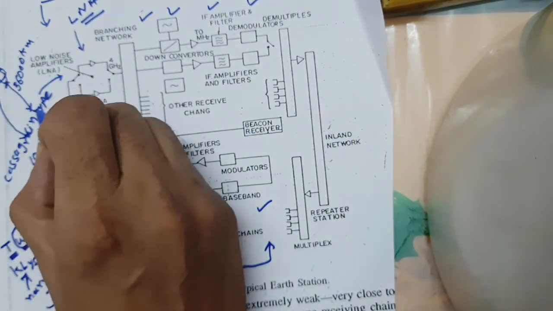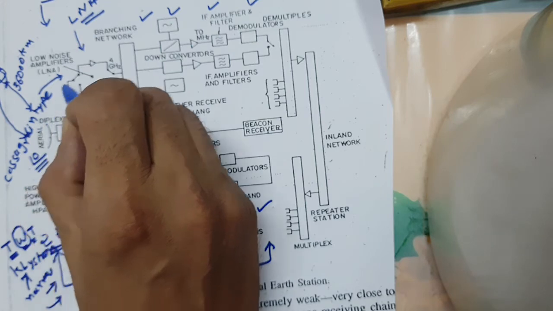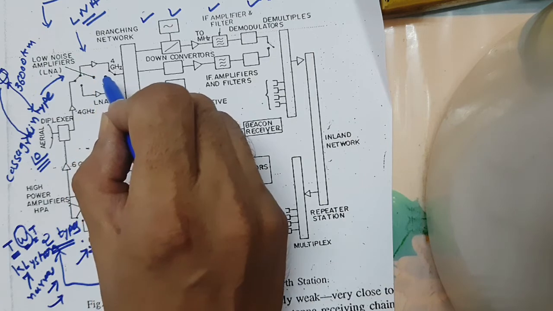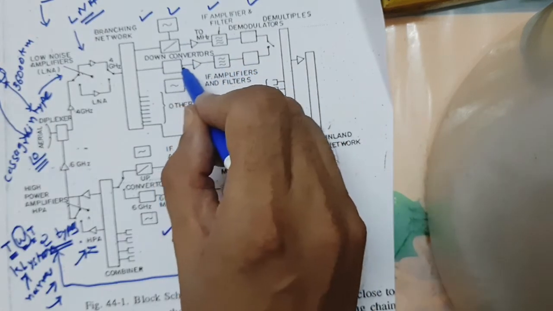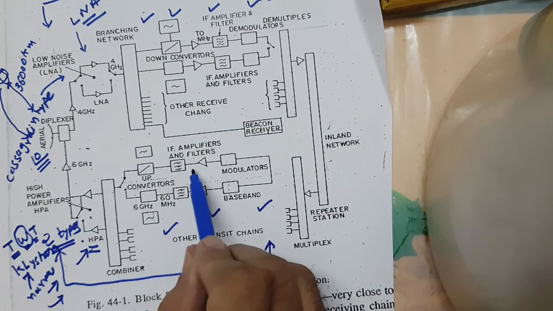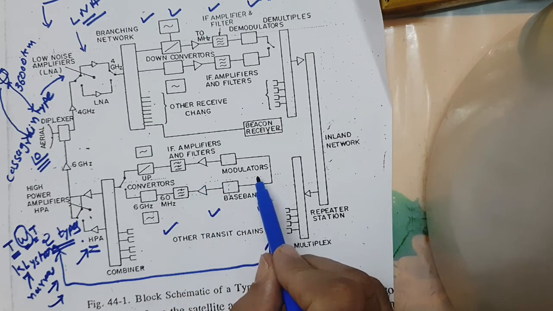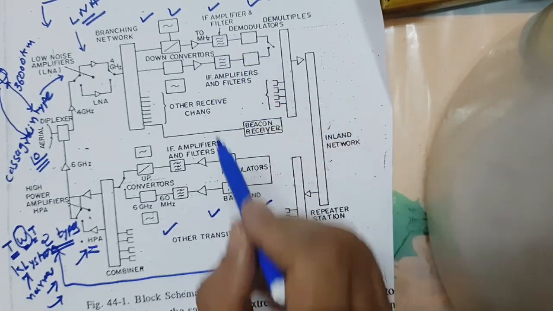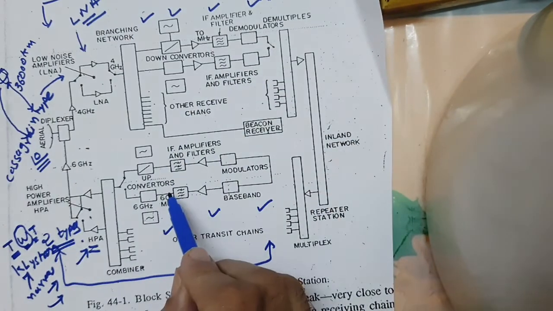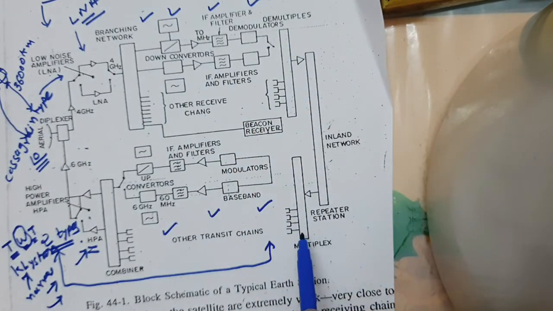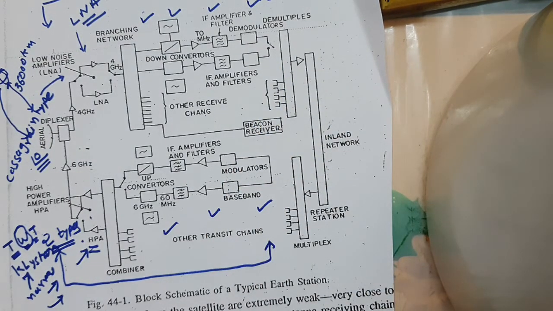We receive the signal from the satellite through the antenna, give it to the low noise amplifier, minimize or remove the noise level, and give it to the GCE, that means ground communication equipment, which in the transmitting signal path is the up converter, IF amplifier and filter, and modulator. In the receiving chain, it is the down converter, IF amplifier and filter, and demodulator. Instead of modulator, here demodulator; here up converter, here down converter; and here multiplexer, that means multiplex and demultiplex, both are there. What happened here?